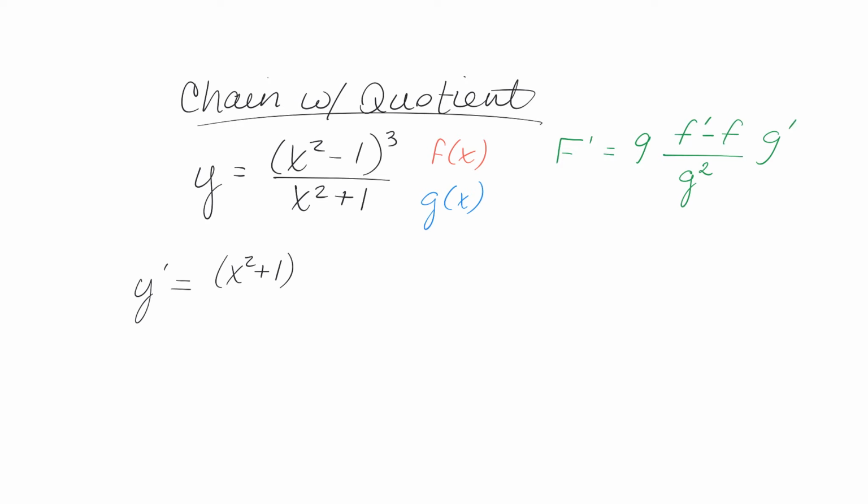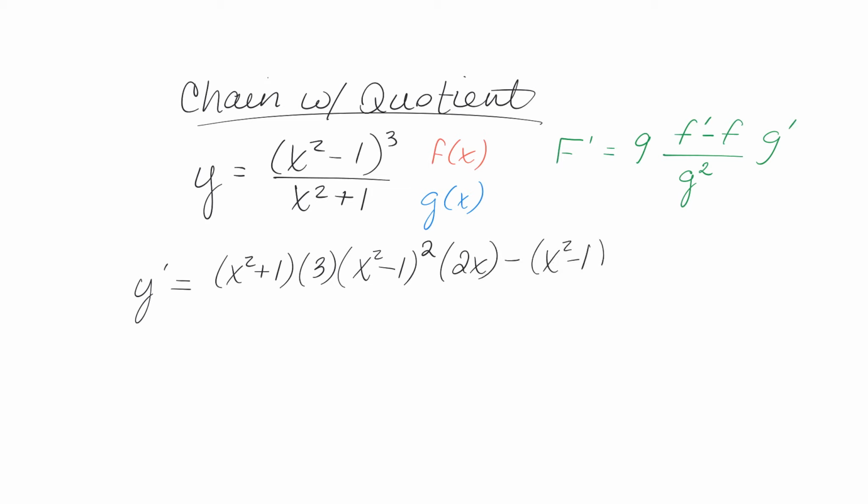Well, we're going to need chain rule, so I'm going to bring that 3 to the front. So 3 times x squared minus 1 doesn't get changed yet, but it's now going to be squared. And then we're going to multiply by the derivative of the inside, which is going to be 2x,